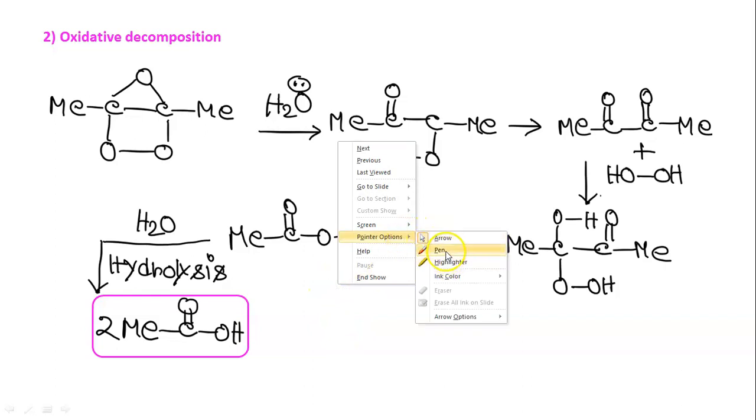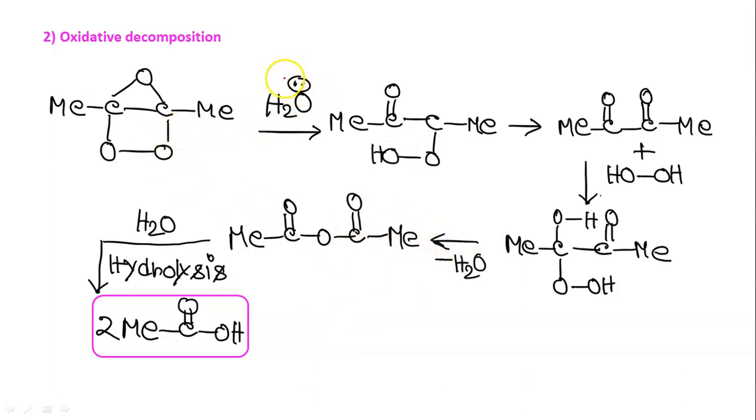Next step will be oxidative decomposition. So H2O will first attack here, and there will be a CO double bond, and the CO bond will also be broken, and here the negative charge will be on oxygen, and it will take hydrogen from H2O. Sorry, one OH is missing here. This OH bond will be broken, and the negative charge on O minus, so it will be HO minus, but finally it will take the proton, so it will be HOOH.